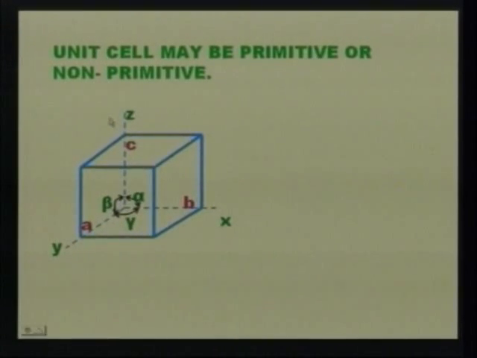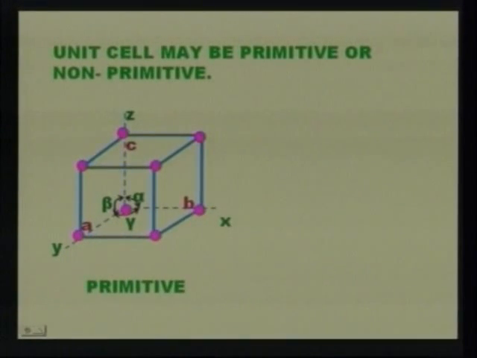Here the primitive cell is constructed in a cubic, that is A equal to B, B equal to C and C equal to A, and angles are alpha equal to beta equal to gamma, which is equal to 90 degrees. Now the atoms are arranged in the cube at the corners. We can see the arrangement of the atoms. Here in the corners the atoms are arranged. Then this type of cell is called a primitive unit cell.